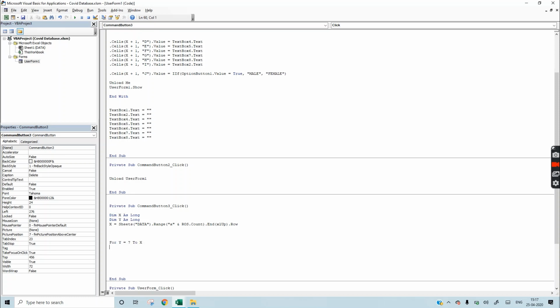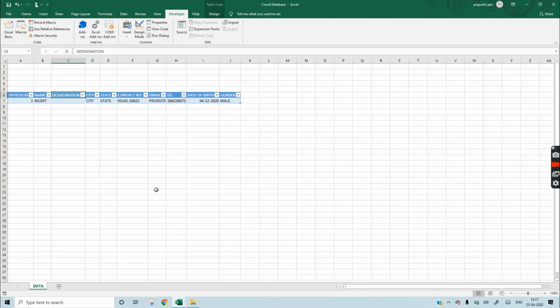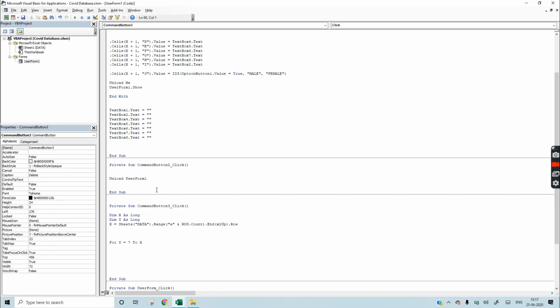For y is equal to 7 to x, because this is our 7th cell, 7th row. So for y is equal to 7 to x,